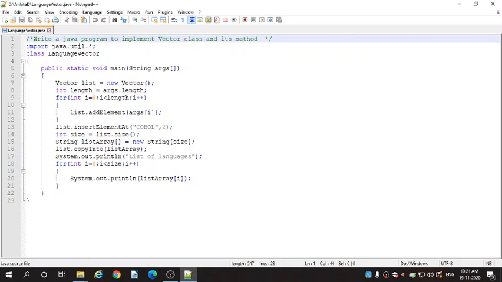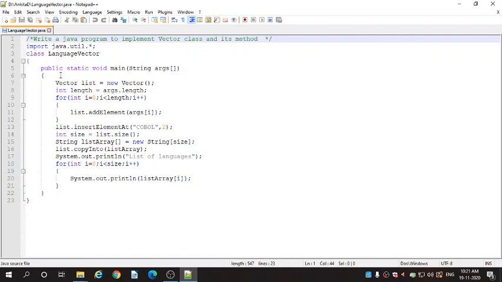import java.util.*; This is the import statement in Java. With the help of this import statement, we can define the vector class. To declare a vector class, we need to import the java.util package. Then comes class LanguageVector. We have created the class with the name LanguageVector.